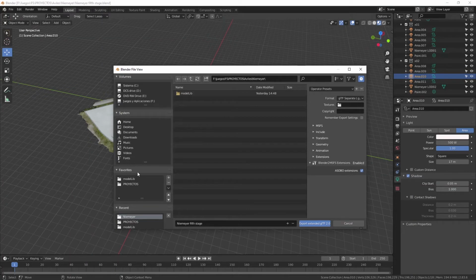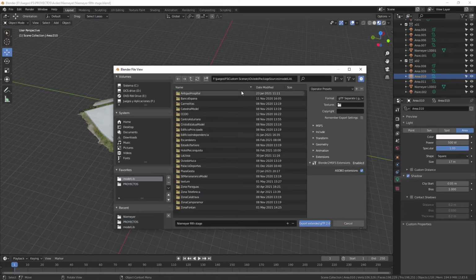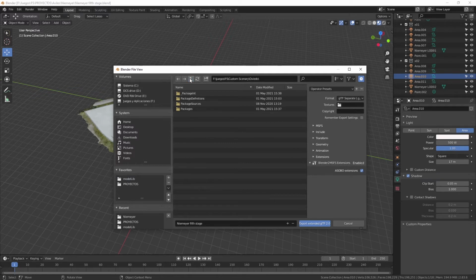And we're going to place it in this folder we created at the beginning inside package sources, Avilés model lib. Inside there is already a texture file folder, and together with this folder we are going to create a new folder which we are going to call